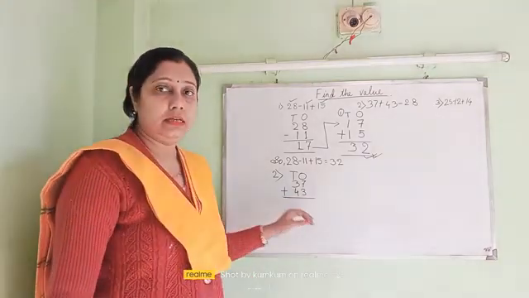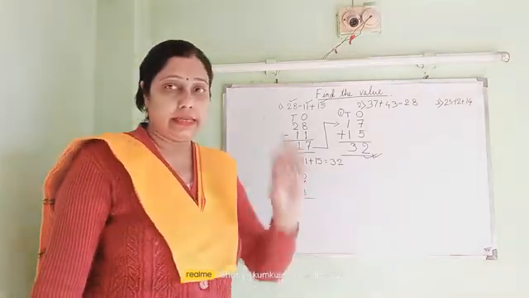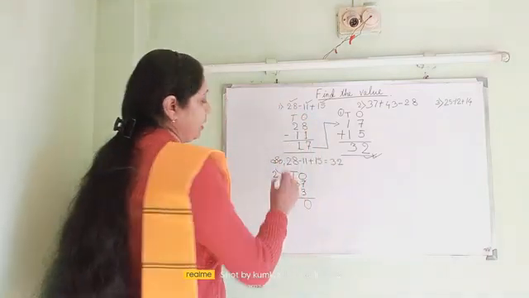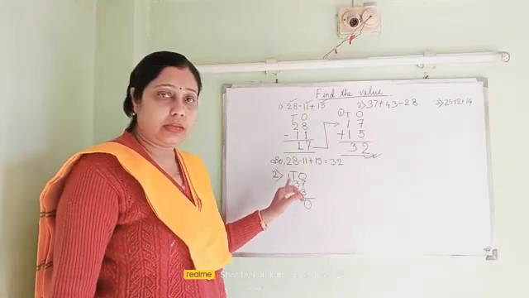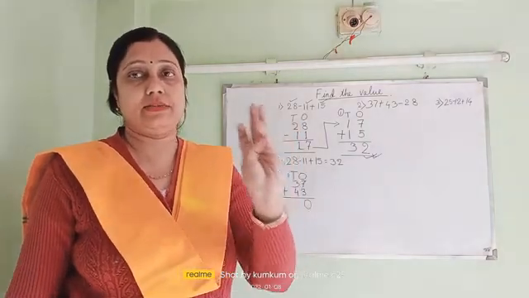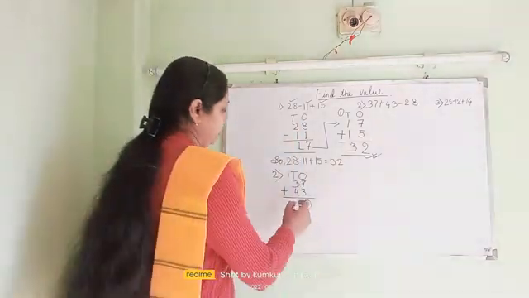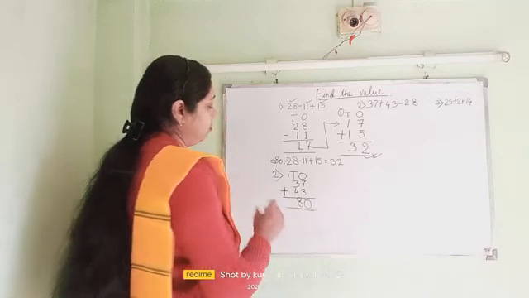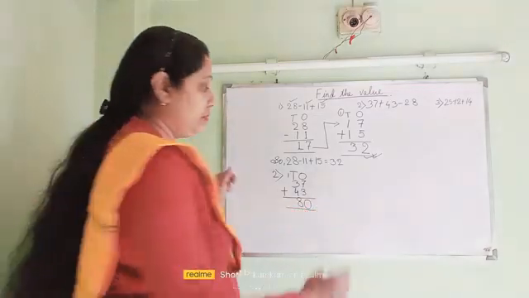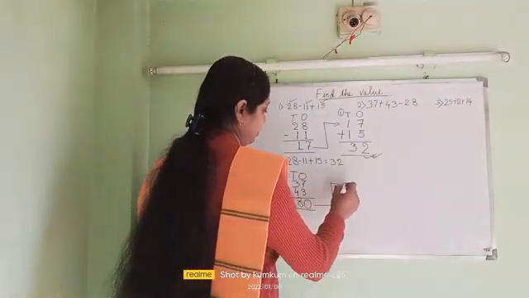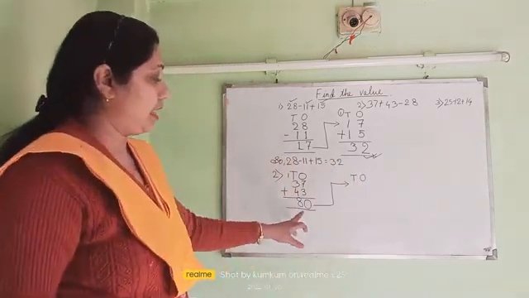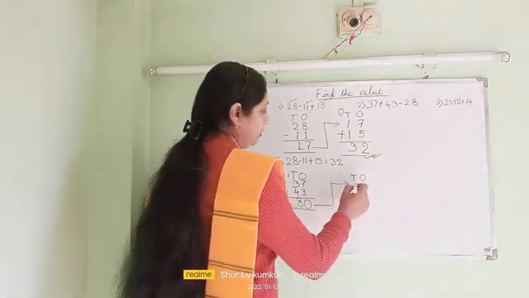Now we will add it. Add 7 plus 3: 8, 9 and 10. So it will become 10. 1 carry over here. So 3 plus 1 is 4, and already 4 is there. So 4 plus 4 will become 5, 6, 7 and 8. So it will become 80. And now this 80 we have to carry forward in the second step, that we are putting an arrow. Here I am going to write TO and this 80 we are going to carry forward here.